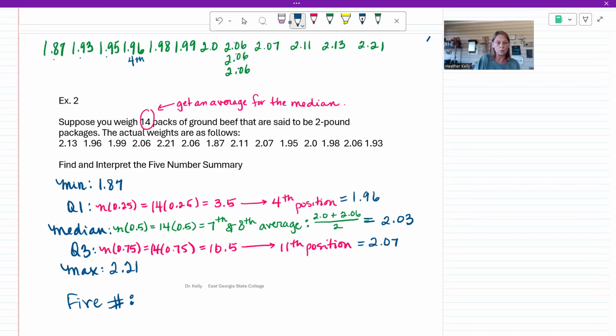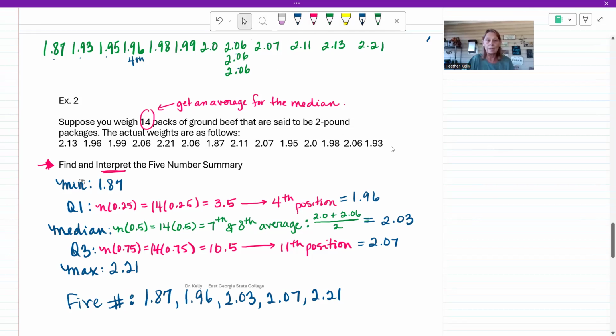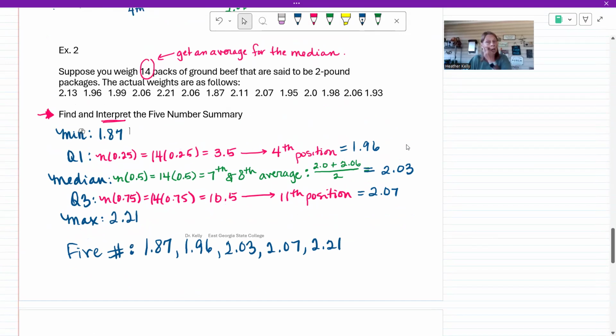I'm wearing down, y'all. So I'm going to write it like this: 1.87, 1.96, 2.03, 2.07, 2.21. And I just looked here because I am, what I am today. And I see this, that it says find and interpret the 5 number summary. Now, I want you to say something in the interpretation, and there's no one answer. But one thing we could say here is that